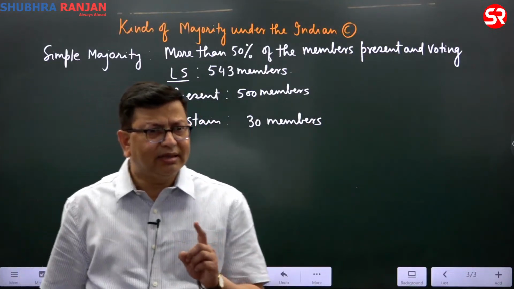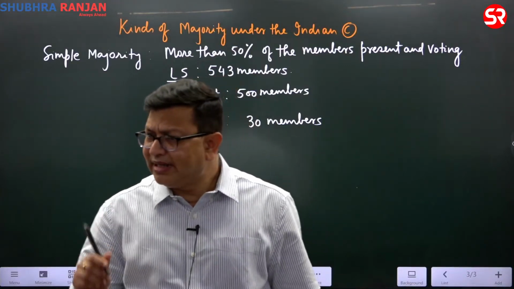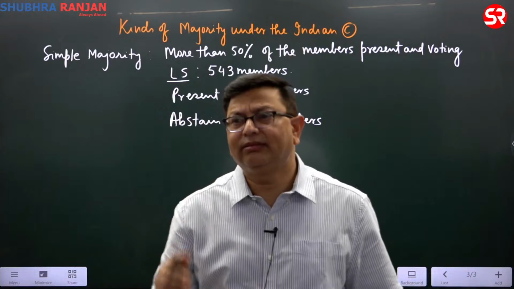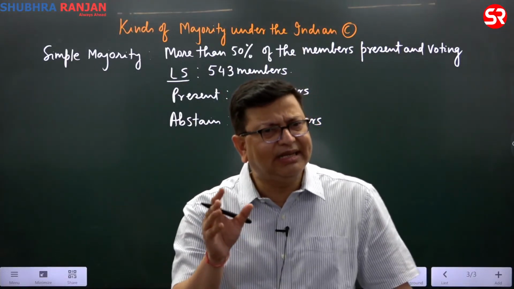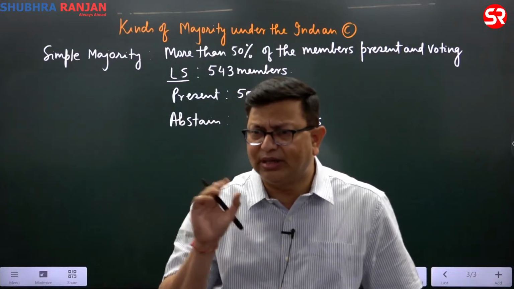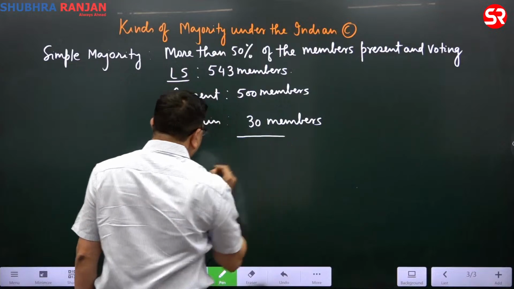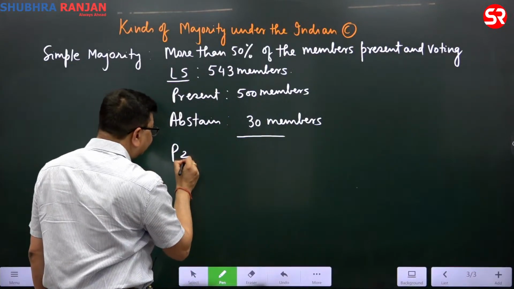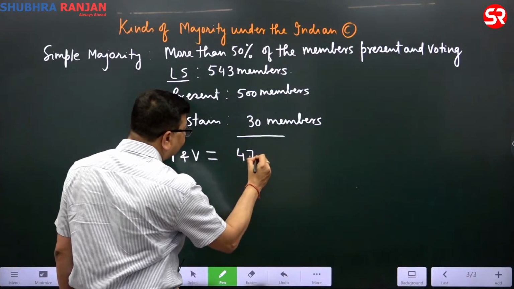Abstain means a person is present in the house but he is not taking part in the voting. So a member is present in the house but he is not taking part in the voting. So here present and voting will be 470,